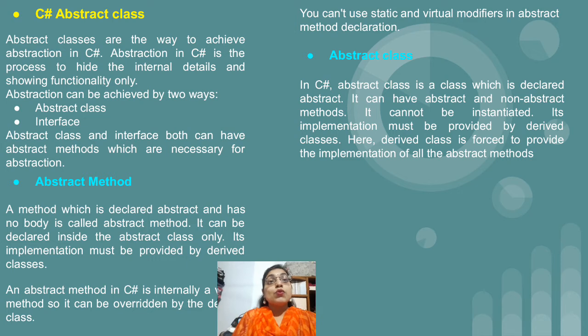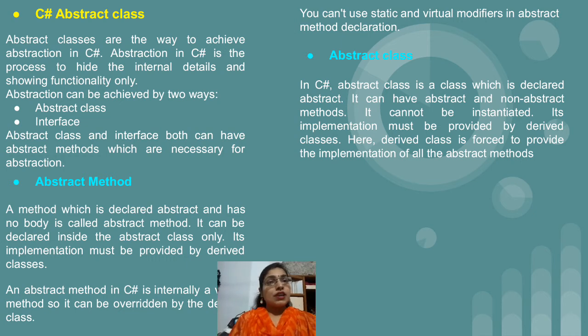But as a user, what is necessary for him or her is that once I swipe the card and enter the pin code, the machine should dispense the amount I have entered. That is the important thing for the user, right? So abstract class is like that only. Whatever is necessary for the user is shown to the user, and other internal logical things are hidden from the user. So this is abstract class.